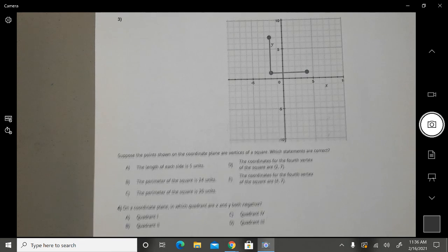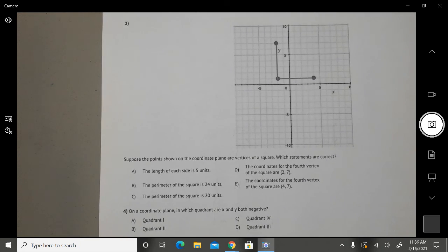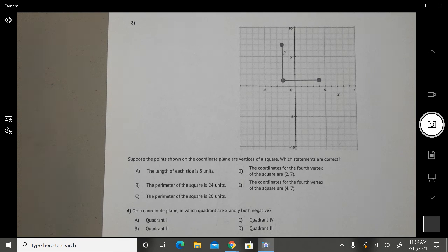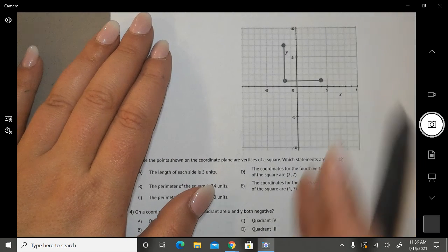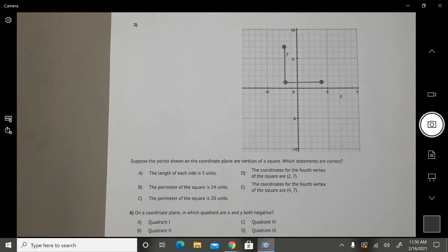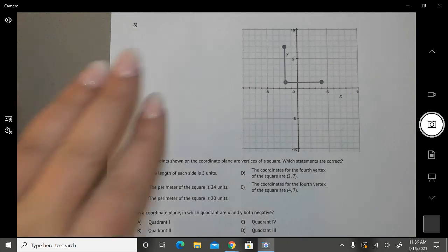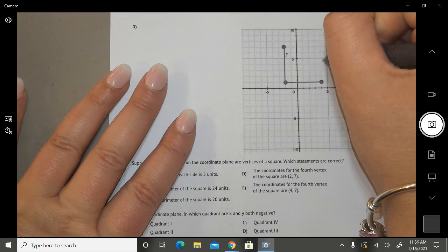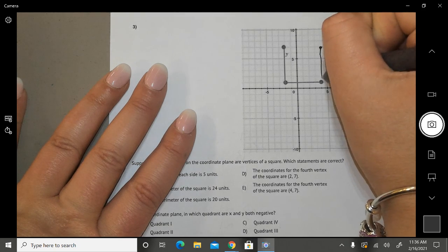All right, so then we've got a coordinate plane. It says, suppose the points on the coordinate plane are vertices of a square. What is a vertice? A corner. Thank you. It's where two line segments meet to form a corner. Which statement is correct? Well, if this is a square, what do we know about squares? It is a rectangle, but all sides are equal. So if I went ahead and finished this square real quick,